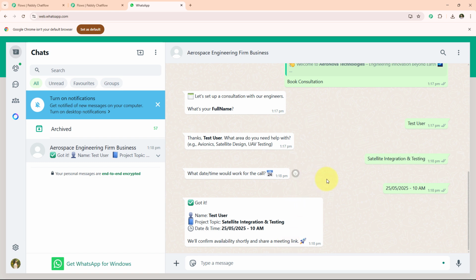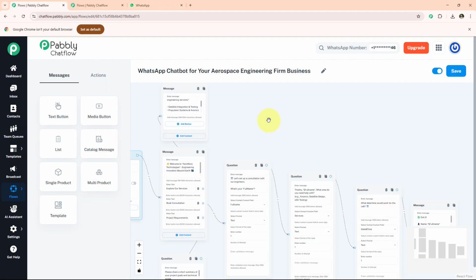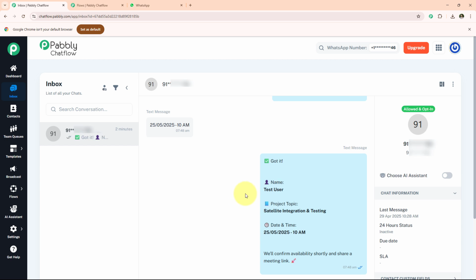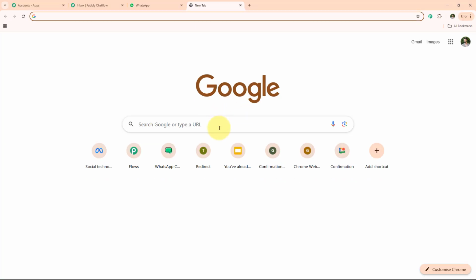Now go back to our Chatflow section. We can also check all the responses in our inbox section which we have received on WhatsApp. Now if you also want to learn how you can create this WhatsApp chatbot, then follow along on my screen. First of all, we will open our browser and simply type